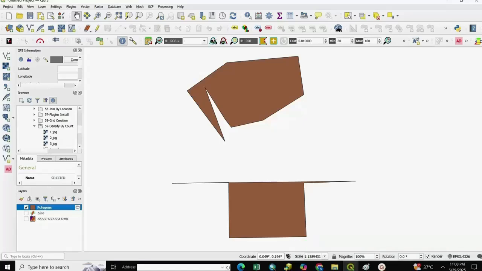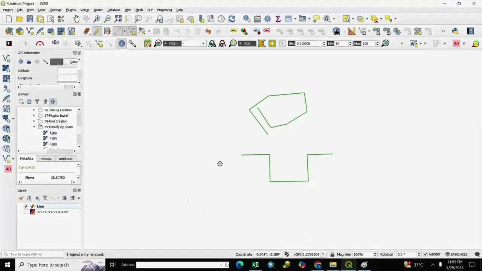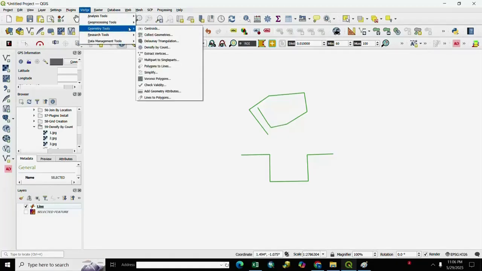So let's start. Here is our line feature, and we create a polygon and convert it to a polygon. For conversion to polygon, we go to Vector. After Vector we go to Geometry tools, and after Geometry we go to Lines to Polygons.